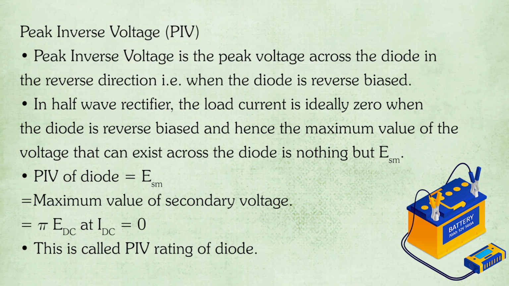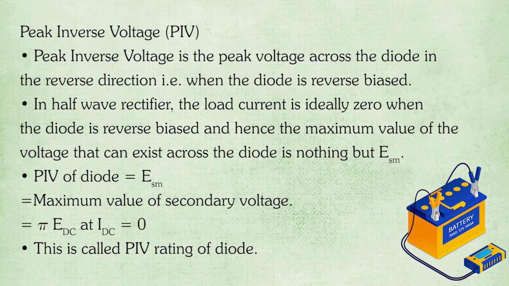Now, the next important factor is the peak inverse voltage, which is also called PIV. As we have already studied, PIV, which is called peak inverse voltage, is the amount of voltage applied across a diode when it is in a reverse bias condition, or we can say that when the supply voltage is in the reverse direction. So, the peak inverse voltage is the peak voltage across the diode in the reverse direction, that is when the